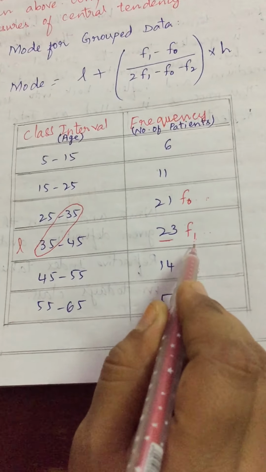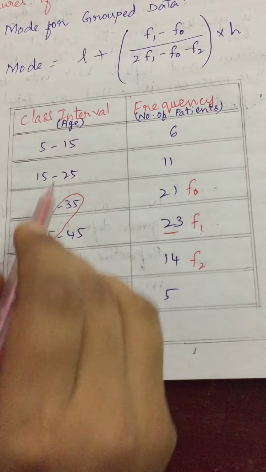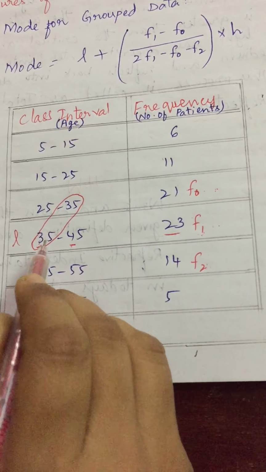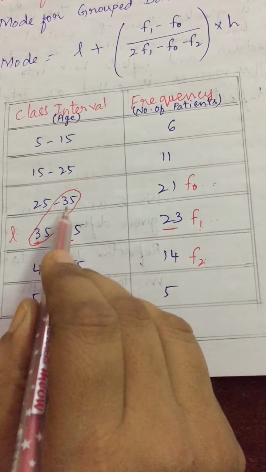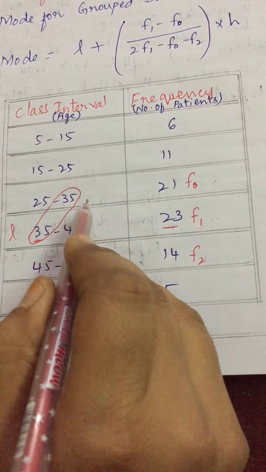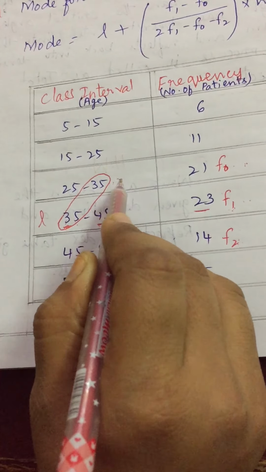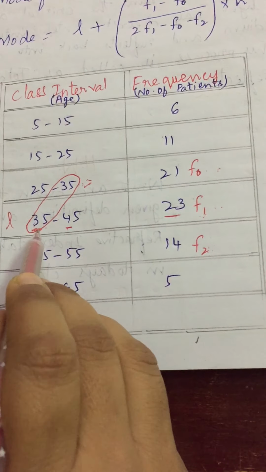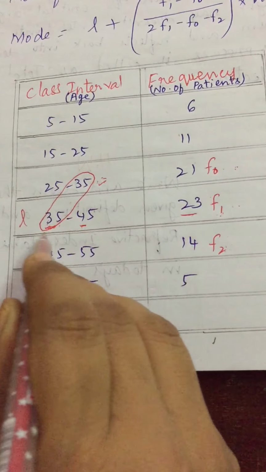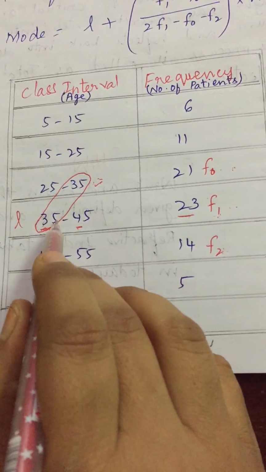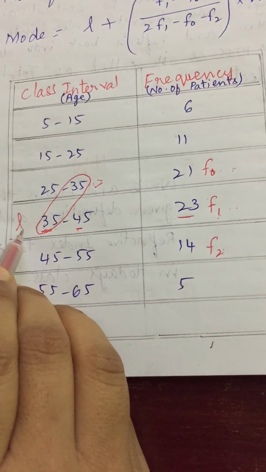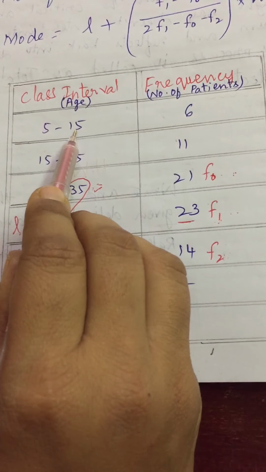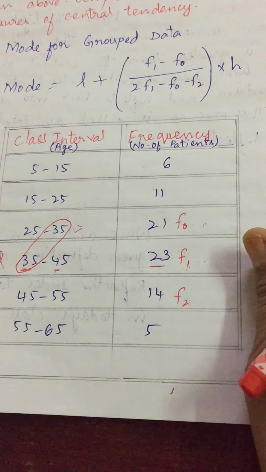Am I clear, children? And wherever you make F1, see that L is nothing but the lower limit. Here the lower limit is 35, upper limit is 45. So lower limit is 35. But see, in the previous class interval, whether it is continuous or discontinuous data. Continuous and discontinuous we discussed. Where we are ending, we have to start from there only. That is continuous. So here upper limit is 35 and here lower limit is 35. Continuation is there. That's why I have circled and shown you whether it is continuous or not. Clear, children? So lower limit is 35. How much distance is there, 5 to 15? 10 is the difference. That is nothing but H, the height or size of the class.